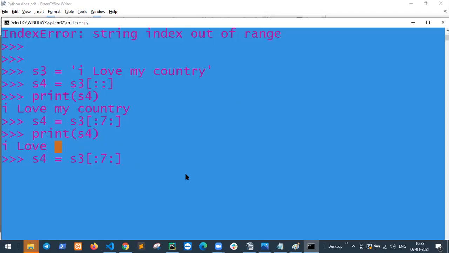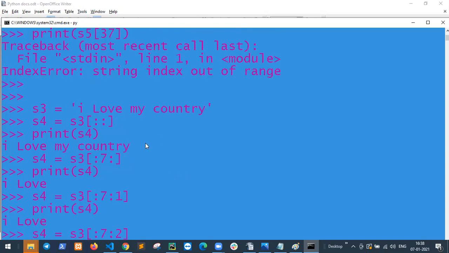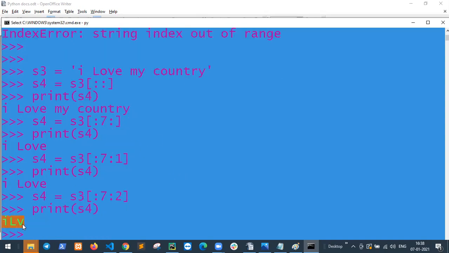Okay. And if I say 1 step, so 1, the output is the same because the default is 1 increment. And if I say 2, so print is I, L, U because I is the starting value, so 0.